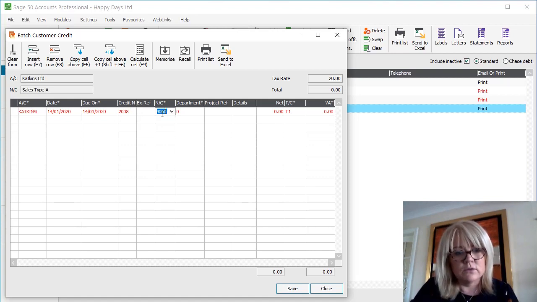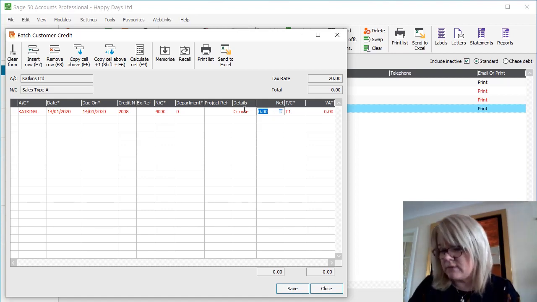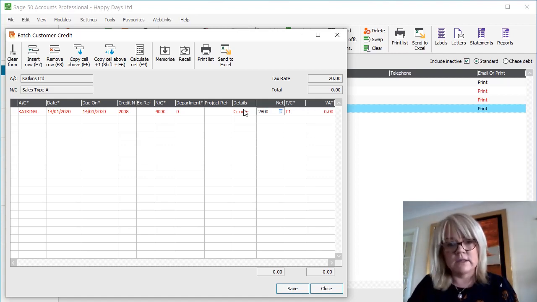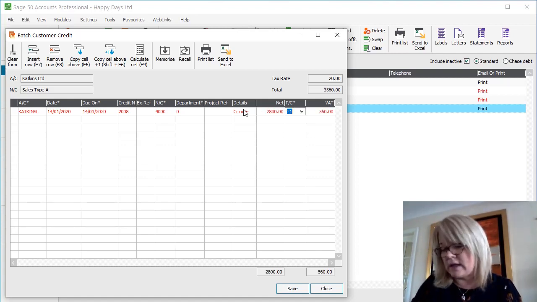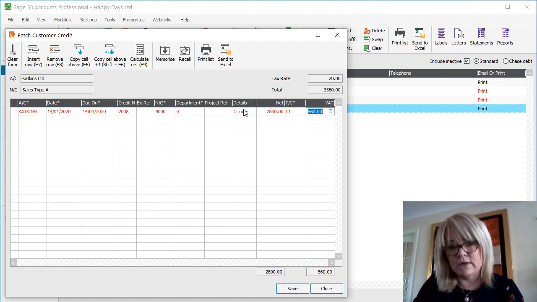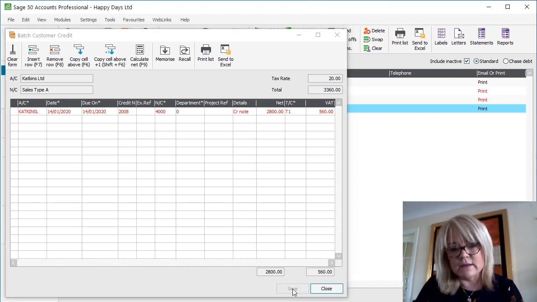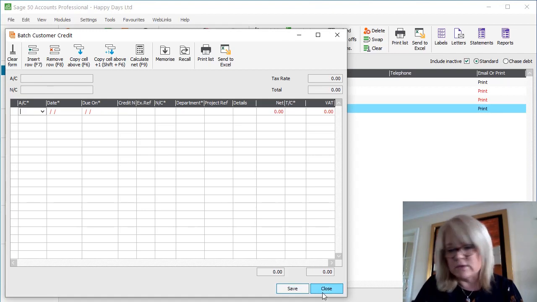And the nominal code for the credit is default at 4,000, which is correct. I don't need department or project reference, and just a detail that it's a credit note. The net amount then from your docket, again just check your own docket, net 2,800 in this case, and again the tax defaulting at T1, which is correct, giving a VAT total of 560, and you can check those figures down here as well. So I click save on that and close, and that